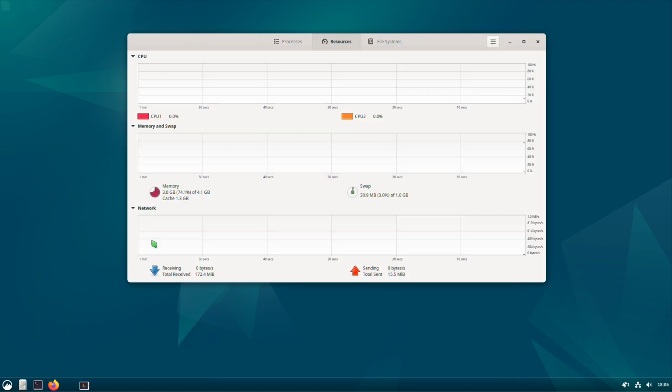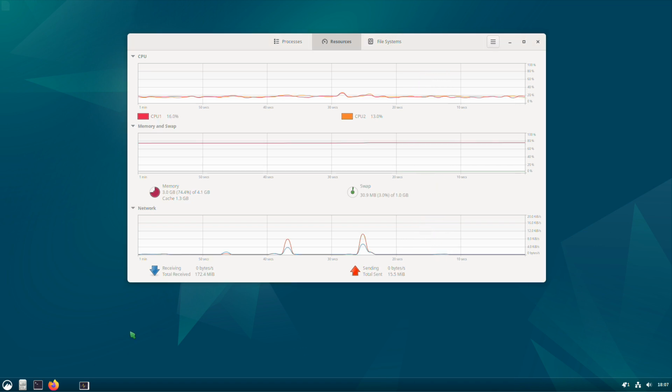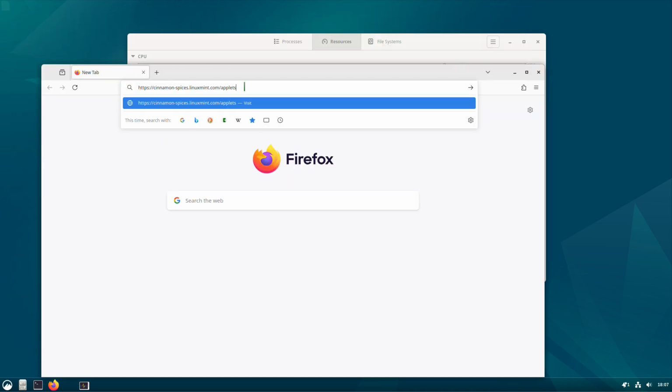the System Monitor application, which is a built-in tool that provides a graphical representation of system resources, including CPU, memory, and disk usage, allowing us to easily monitor and analyze the performance of our system. In my virtual machine, I have allocated two CPU cores, which will be utilized to demonstrate the CPU stress testing process. As I don't want to keep the System Monitor window open throughout the tutorial, I'll show you how to